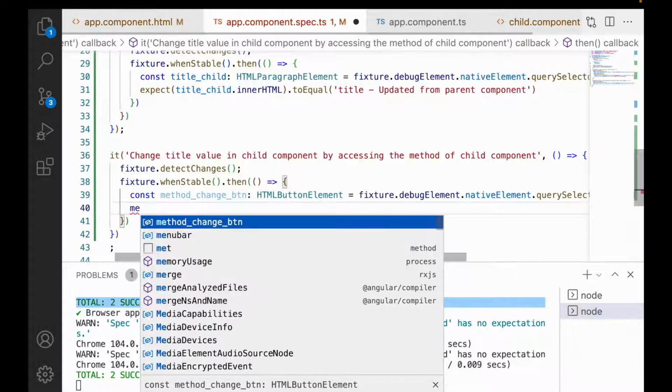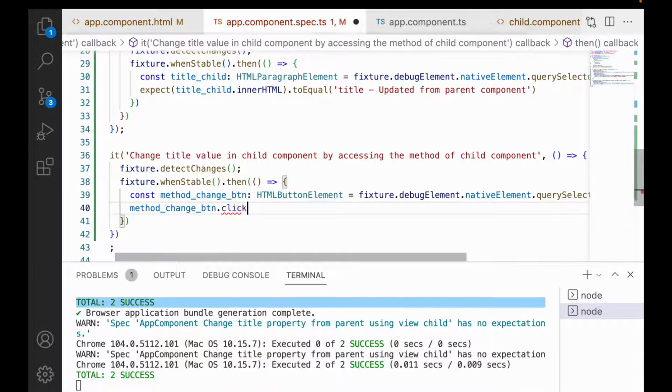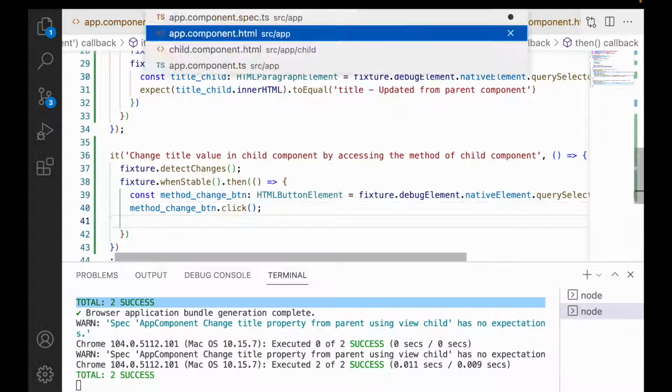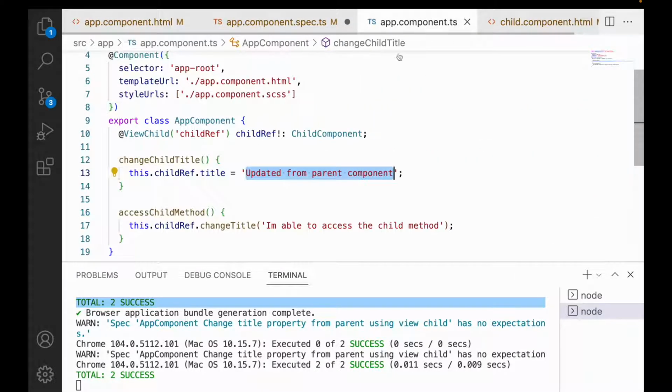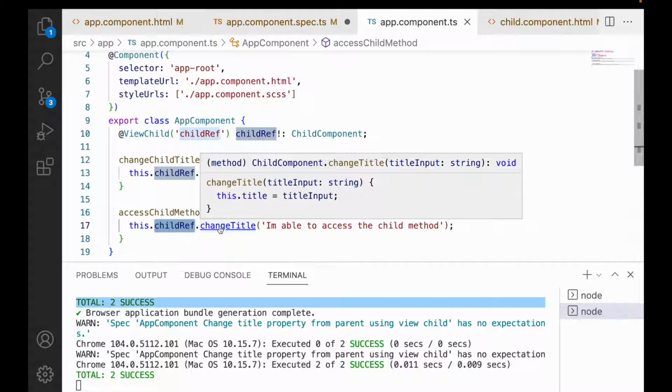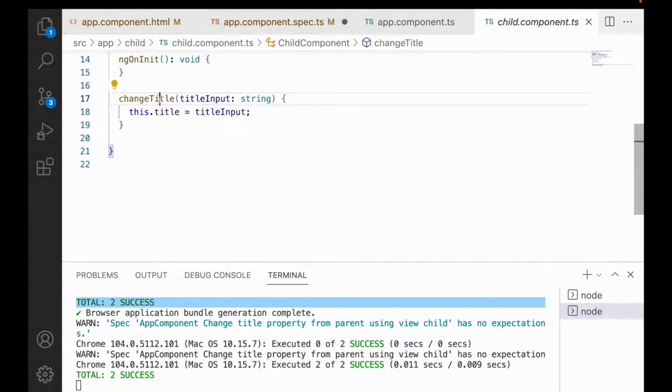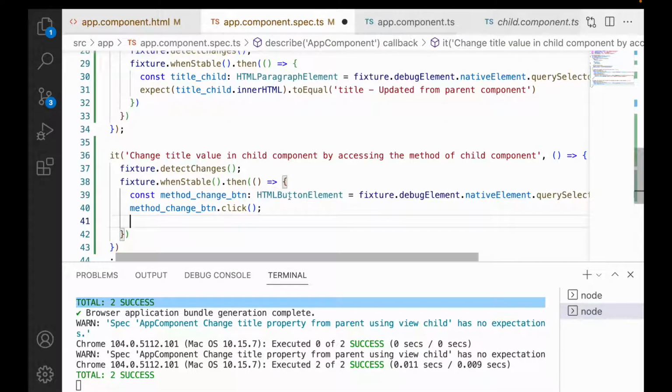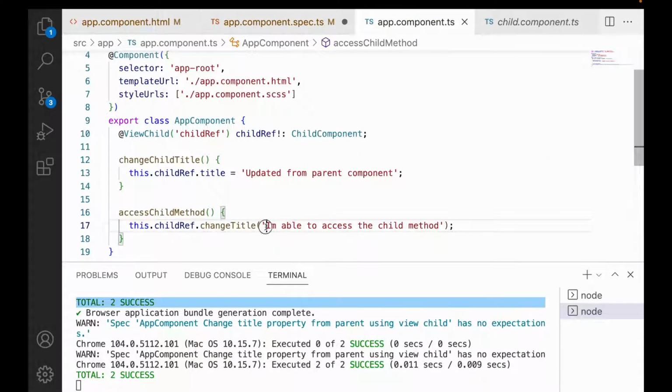Let me use method change button dot click, and whenever this is clicked, it will call a method in your app component that is access child method. Whenever this is called, the child reference will automatically call the change title which is already defined in your child component, and now the title will be changed with the title which we are passing. The title will be equivalent to the value, I am able to access the child method, and that